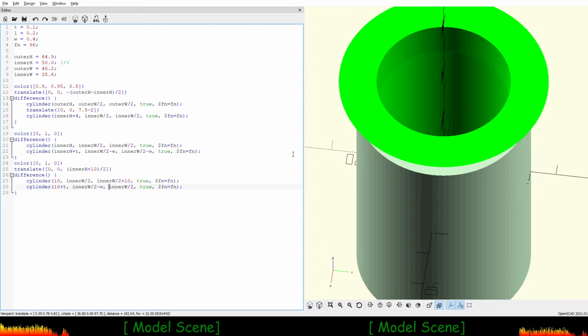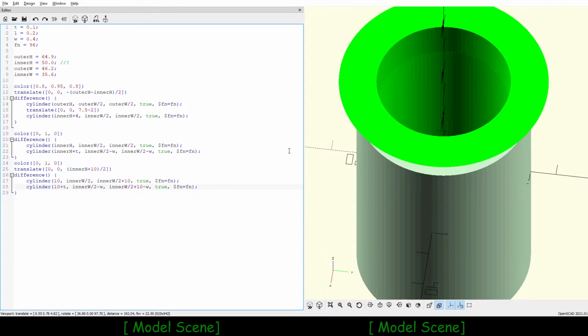And then let's expand the upper radius by 10 minus W. So they'll grow, yes, there should be 2 cones that are nested,